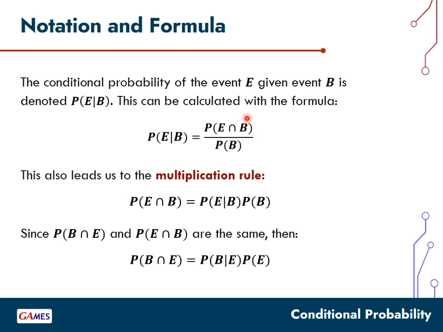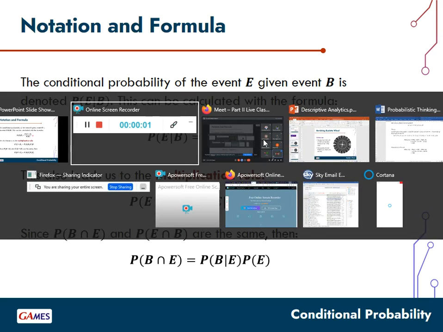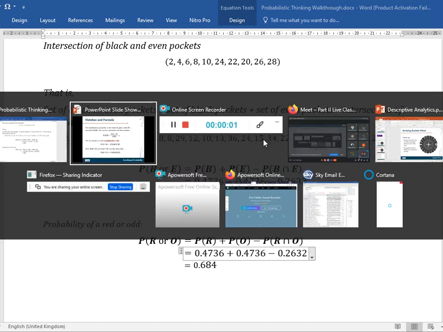All right. So you use this conditional probability formula in two ways. You can use it from here if what you need to calculate is the conditional probability itself. But if you're trying to work your way to the intersection, you now use the multiplication rule. And the multiplication rule and the actual conditional probability formula are actually the same. They're equivalent. In fact, they're very equivalent. Okay, before I get there,